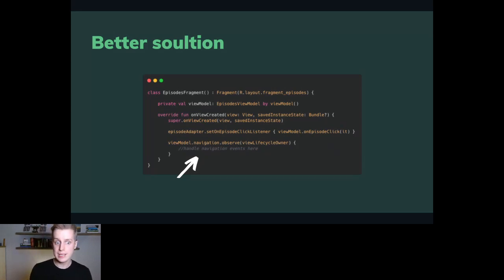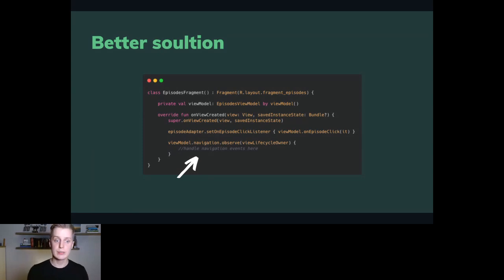Because on the UI side, we don't call our navigation logic directly in the on-click listener lambda, but instead we send the event that comes from the UI. In this case, on episode click, we send that event to our view model. The view model handles that event, decides what to do, and chooses a particular navigation direction.